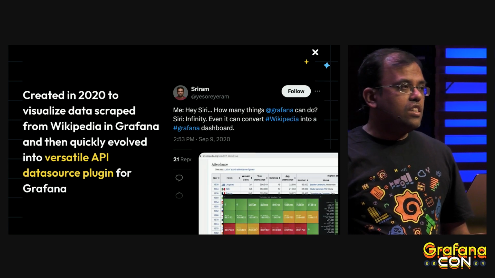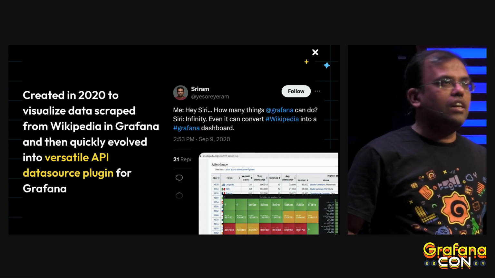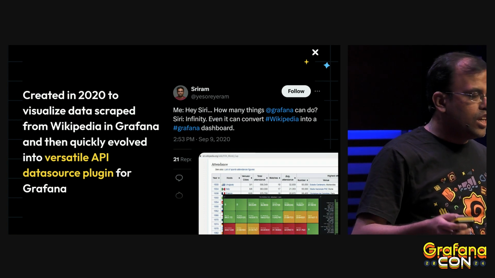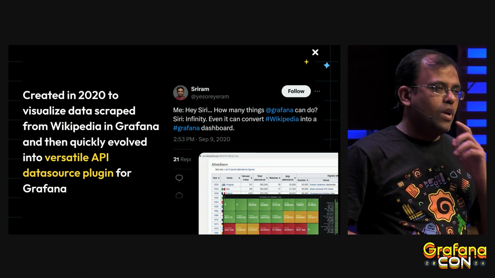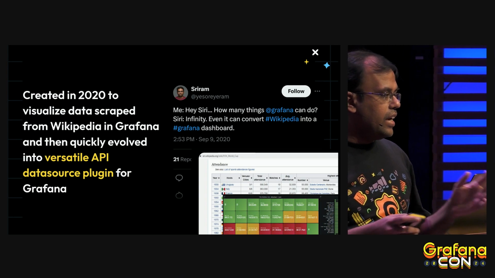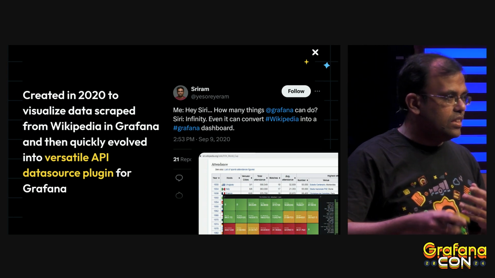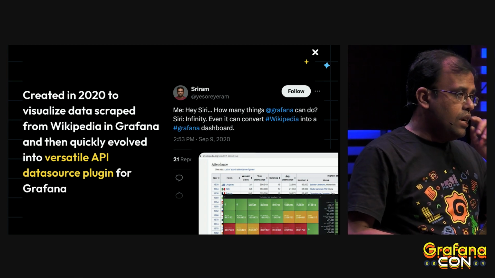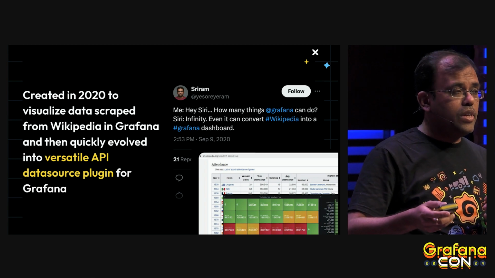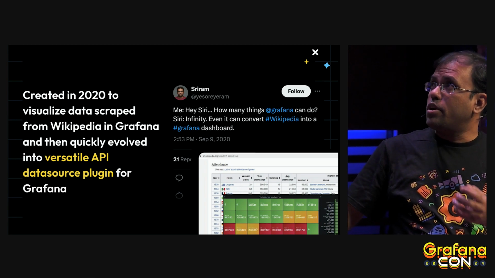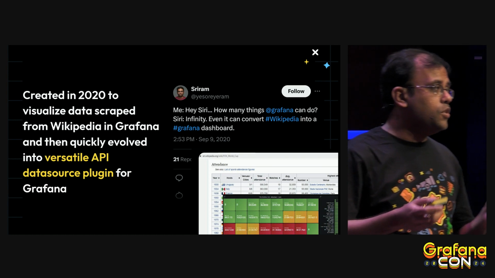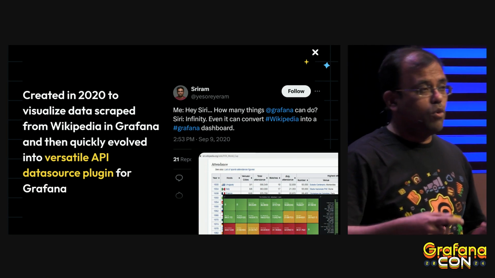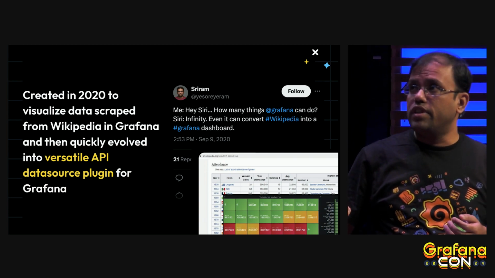Right, how did this all start? In 2020, as a hobby project, I wanted to visualize some of the interesting data I found in Wikipedia in Grafana. At the time, I had very limited options. Either I could write a Prometheus exporter, scrape the data and publish it into Prometheus or Influx, then visualize. There was also another option: I could use the existing Simple JSON API, which is the predecessor of this Infinity plugin. I could have used that, but the developer in me asked me to do something adventurous. I wanted to develop a new data source plugin, which is where Infinity comes in.